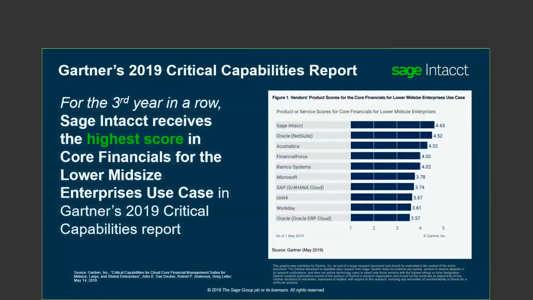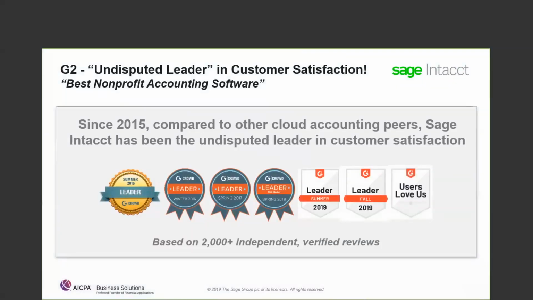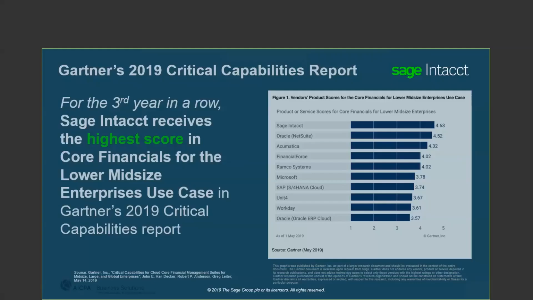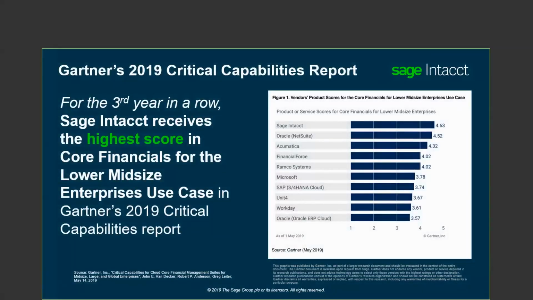A little bit more from third-party organizations and our customers. This provides you a view of Gartner's 2019 Critical Capabilities Report, and this slide shows Sage Intacct being at the top. And in fact, if you go into the next,